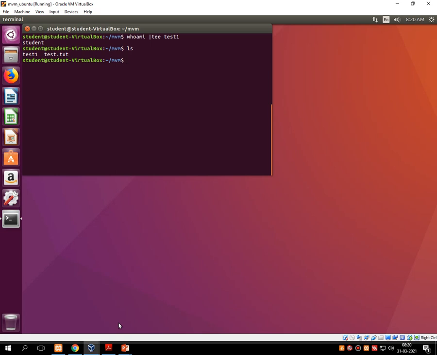As I have fired the ls command, the test1 file is automatically created, and the output of the whoami command, which displays the current user who is logged in, is stored inside the file called test1 and it prints student onto the screen. Now let's see what it has stored inside the test1 file.